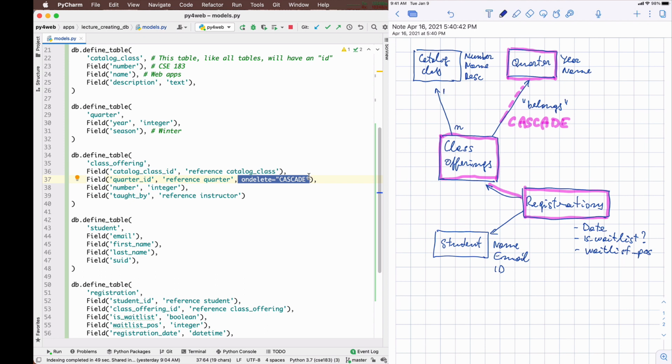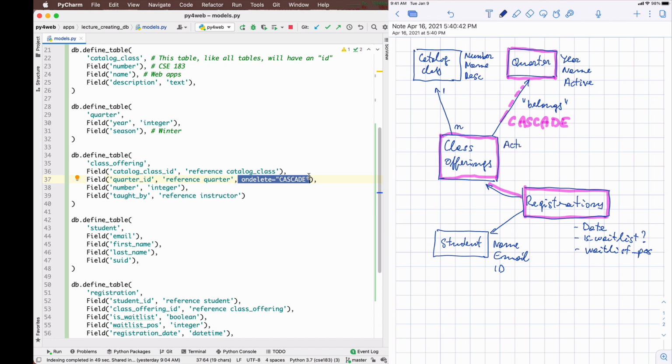Another approach would be to keep the quarter going, but simply to say something like enable, or perhaps better, you could call it active, which is a Boolean status, so that you can keep track that Joe paid for the registration for this class that was supposed to be in spring, and that the class doesn't exist anymore, right? A similar thing is for class offerings.